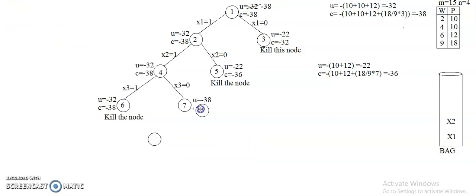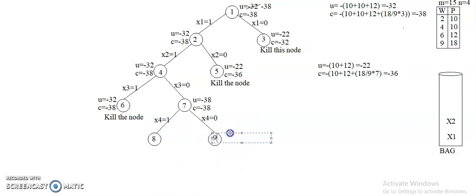So let me tell you directly, we will have this solution. Now the third item is excluded, so I have not added it to the knapsack here. Now let me check whether x4, the fourth object, can be included in my knapsack to increase the profit, or can I exclude it? x4 is equal to 0. The fourth item can be included, or cannot be included. So 8, 9.